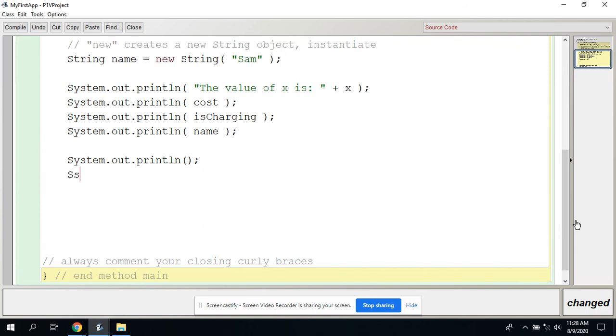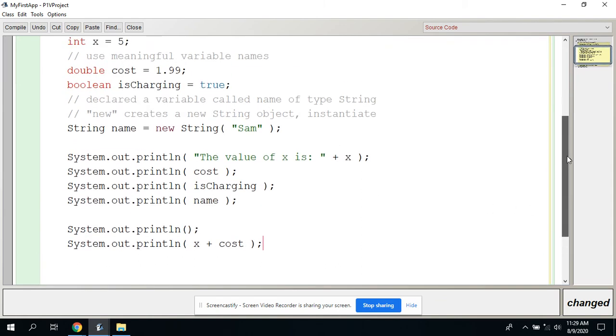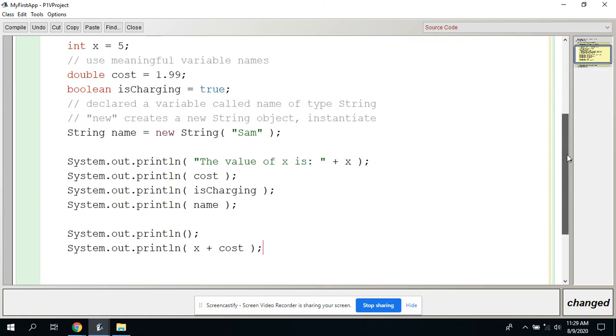Now, other things that we can do while we're printing stuff out is we can have it calculate things. We could say x plus cost. We could add these together. Now, it doesn't actually add them together anywhere and store it, but it prints it out. So let's see what happens with that. We should get an extra blank line now, and then it should add X and cost together. Now, X was 5 and cost was 199. So is it going to print out